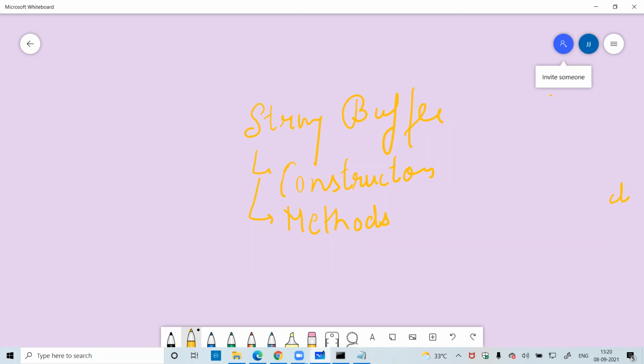I'm repeating again: StringBuffer, like the String class, can use constructors and various methods.